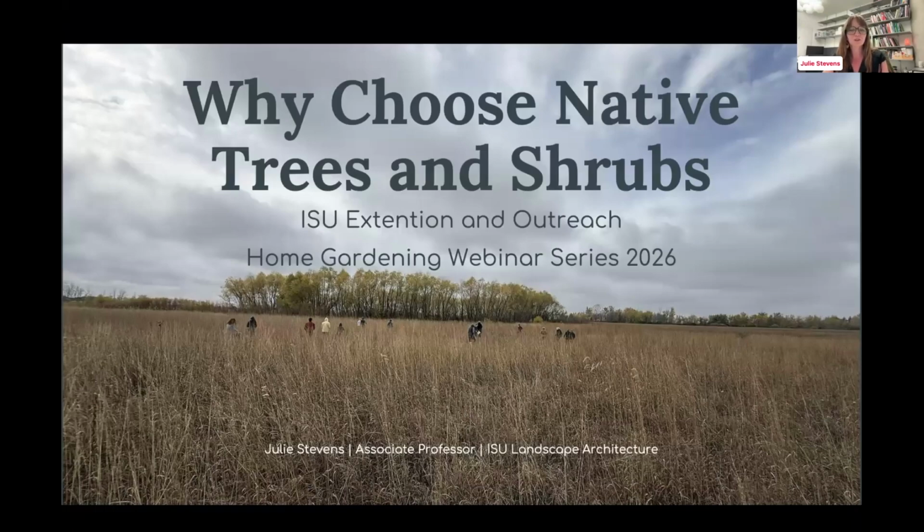This is a really cool image from Brushy Creek State Park and the Prairie Resource Center. This is a reconstructed prairie. And what you're seeing is my students out clambering around in the prairie and stepping in little wet potholes and things like that. So I have the coolest job on the planet.